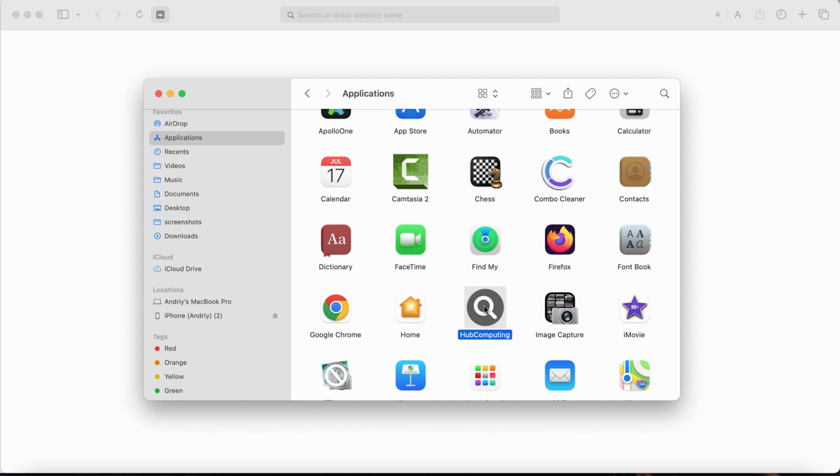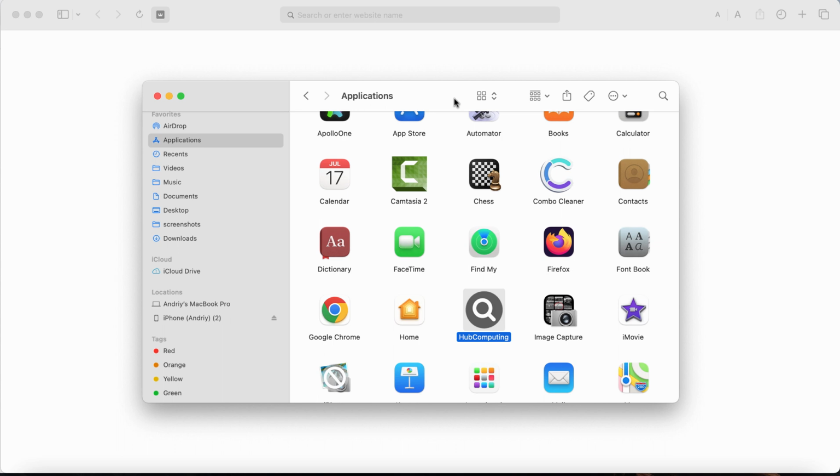And this particular adware attacks Mac computers only. HubComputing adware displays advertisements that are really multiple and truly annoying. These ads are not related to the sites that you visit. So most likely this adware is spread through integration with some free applications, and many times users download and install